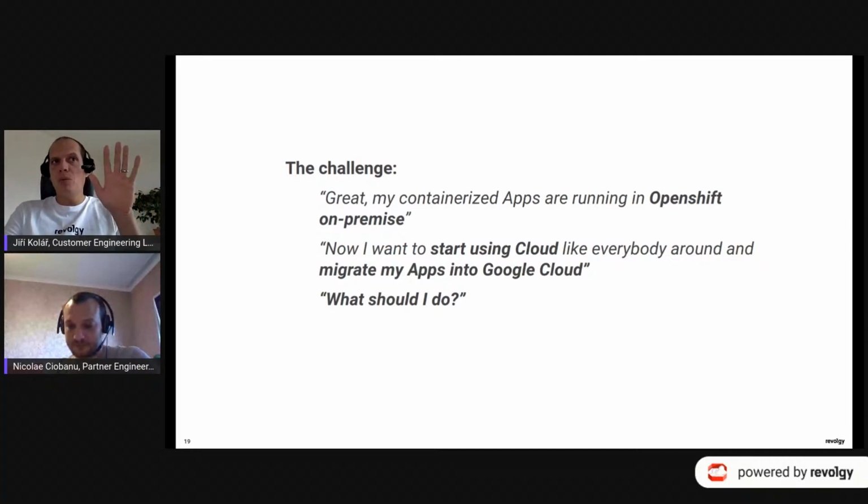Maybe I want to bring my OpenShift into cloud. Maybe I want to use something from the Google ecosystem. What should I do? And I repeat an important thing. For us as Revolgy, the important part is the success on your side, right? So we want to be here not to push you into this or the other direction. We want to be here to actually listen to you and understand what your needs are, what your current situation is, where you are going, etc.